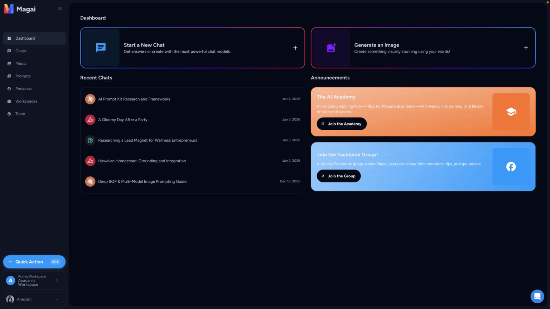This is a really quick tour of this all-in-one AI workspace. It is literally one of my favorite investments I have made in AI, and I just want you to be aware of it. It is not going to be for everybody, but I do want to make sure that you guys are aware of it. It's also something that I'm going deeper in because it is where I am creating my Flux LoRA images. Think of Magi as a single home for AI, so that you're not juggling a bunch of different logins, subscriptions, or wondering which tool does what.